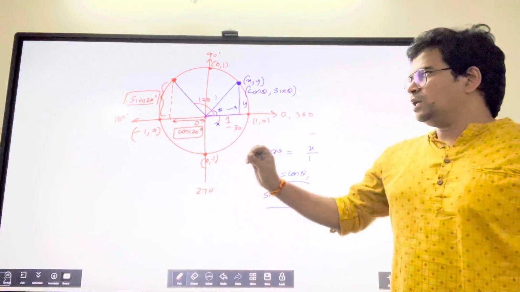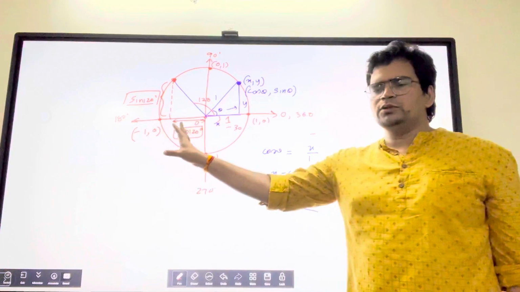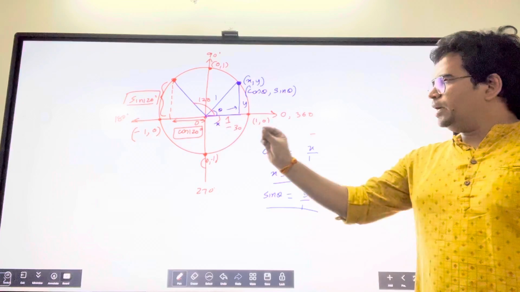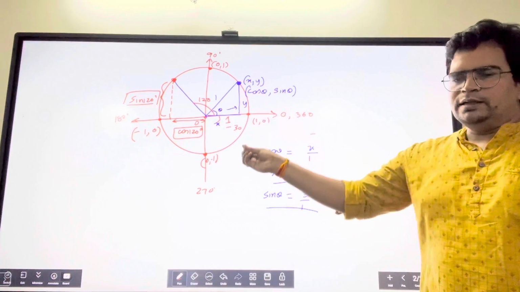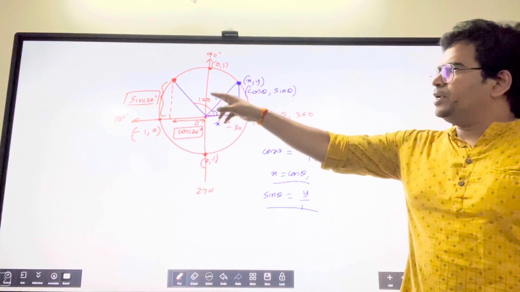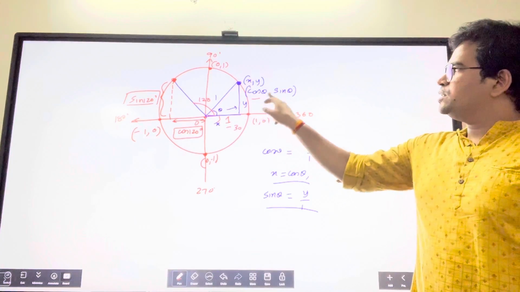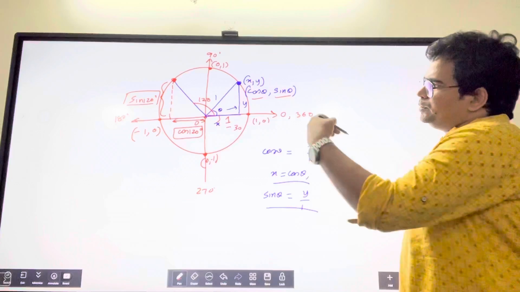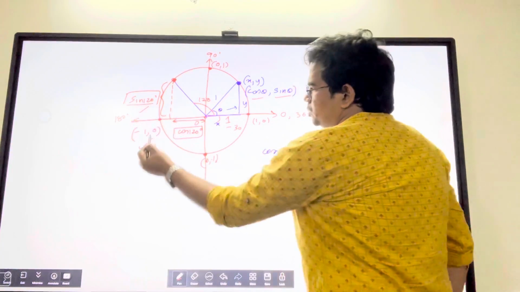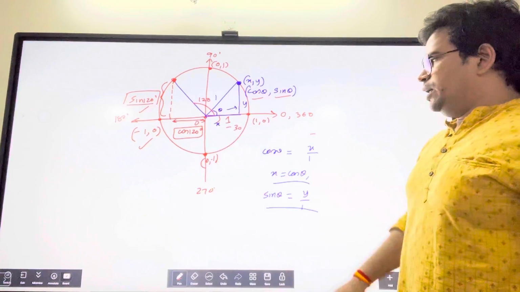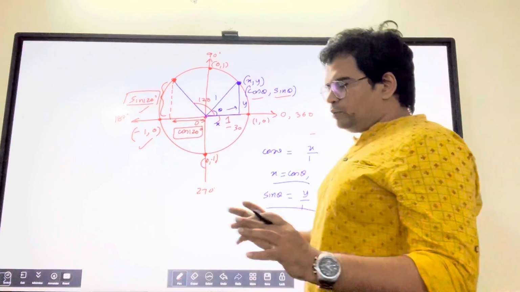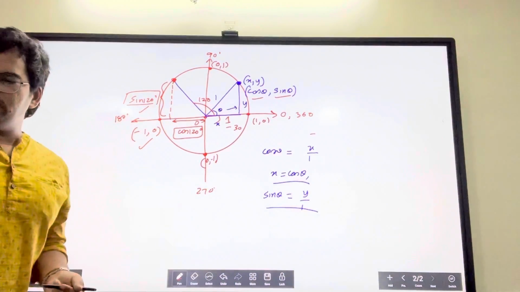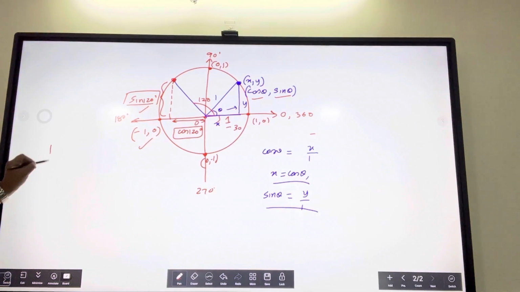Now the question here is how do we measure cos 120, sine 120? I'm going to touch base upon this in a bit. But firstly, anywhere you take the x coordinate of the point along the unit circle, it will be cos theta, and the y coordinate is going to be sin theta. Now suppose I want to find out sine 120, cos 120. How do we basically do that? Before I go ahead, I want to review the first part, which is how do we measure the basic angles. You've got to remember two triangles.